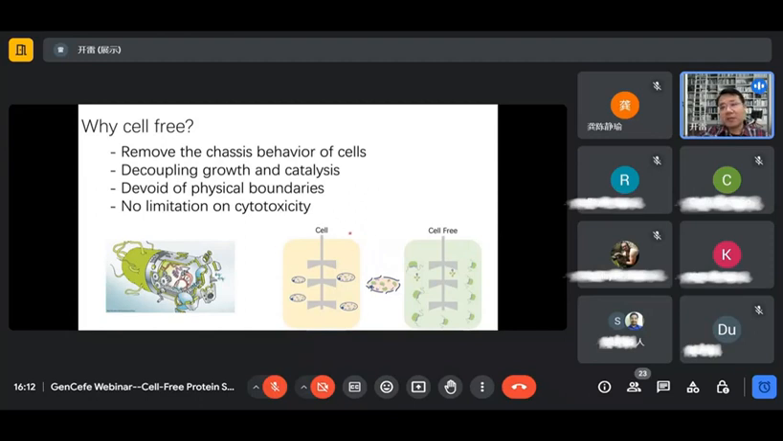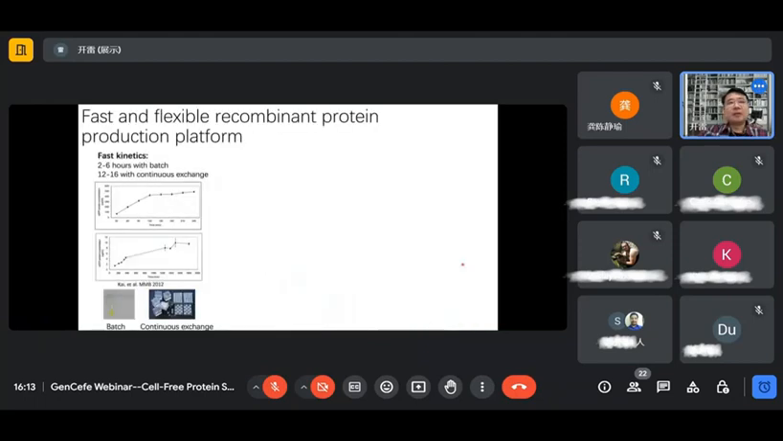So, in a cellular system, we would focus on optimizing the host cells, which would suit a particular type of proteins or a particular designed metabolic network, so that it can convert from one substrate to a final product. Whereas the cell-free system simply cracks the cells and reserves the most relevant part for the central dogma, and we reconstitute the whole system as we want. So it is a fast and flexible platform which can allow protein expression within 2 hours, or